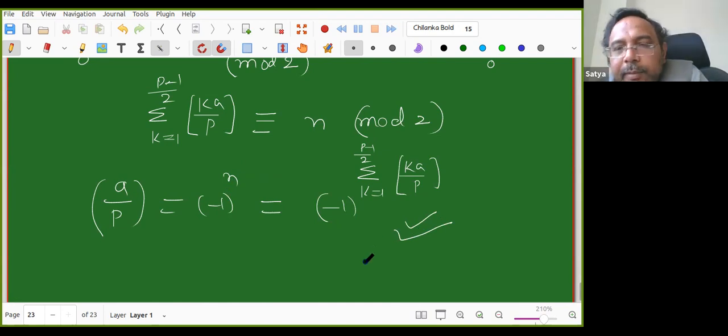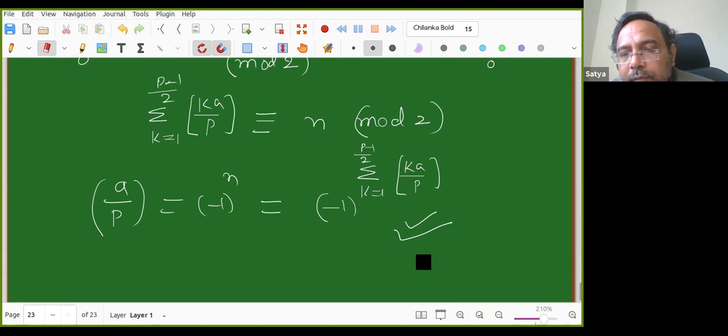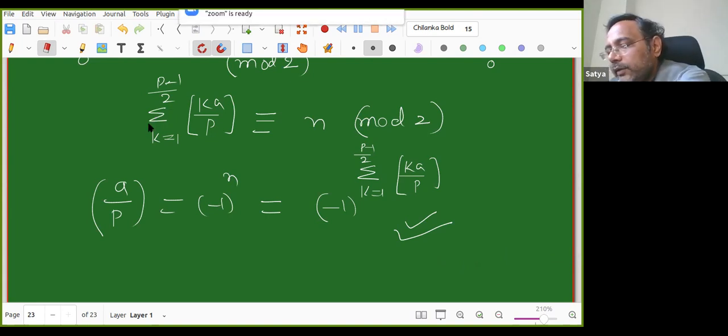Now quadratic reciprocity becomes simple. There are many proofs for the quadratic reciprocity law. I told you that Gauss himself gave 8 proofs, and he said that it is the fundamental theorem, one of the gems. In fact, there is a book written on this particular law, where you can find several proofs, and there are many articles with simple proofs like that. People are doing that.